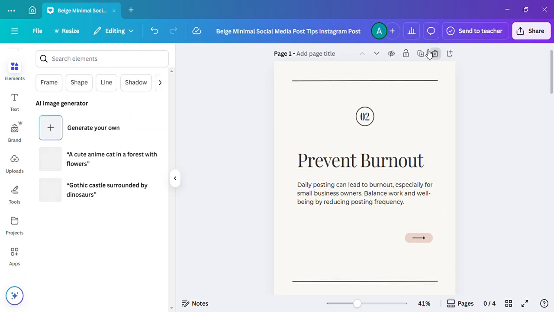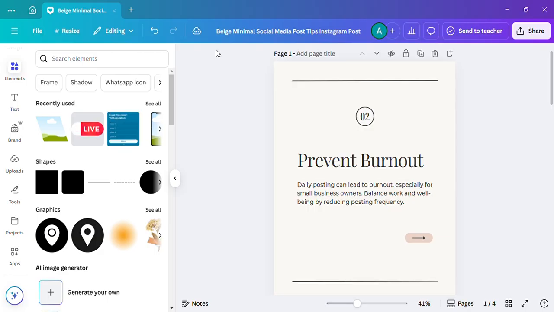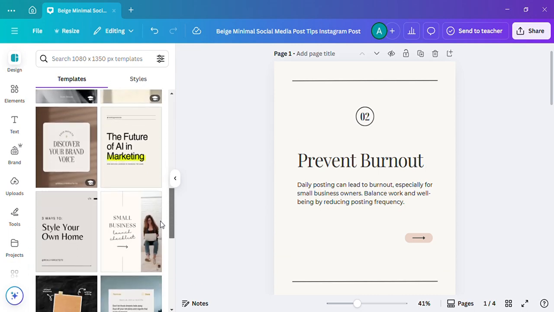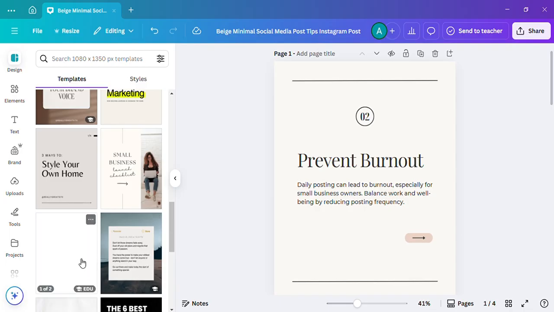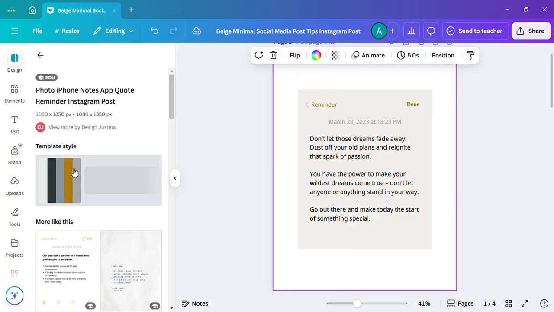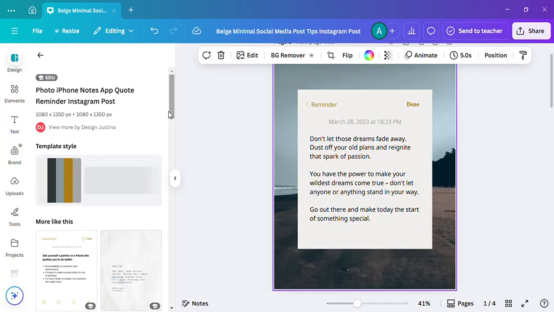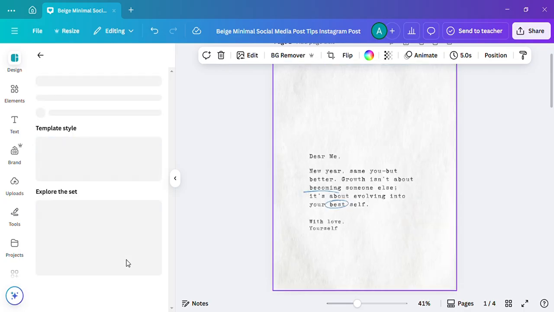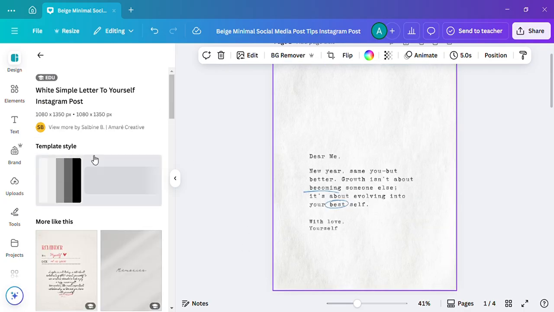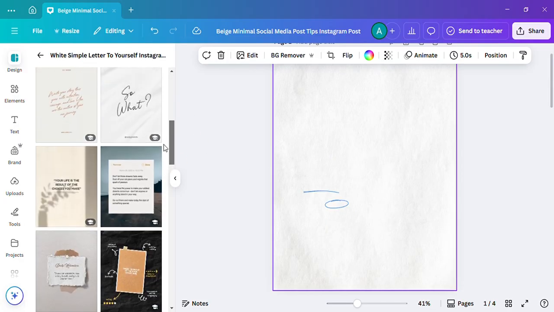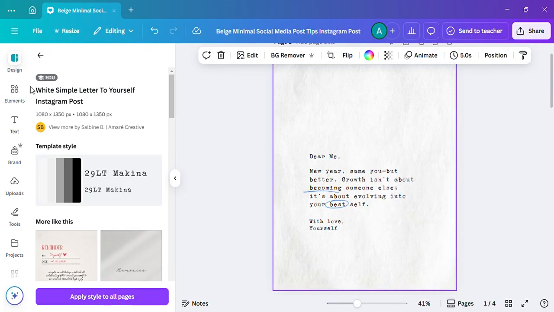Okay, and you can choose the design yourself. There are many kind of designs over here. Let's take this one, or it depends on the writing you want to make. And then for this one, like I want to make some kind of